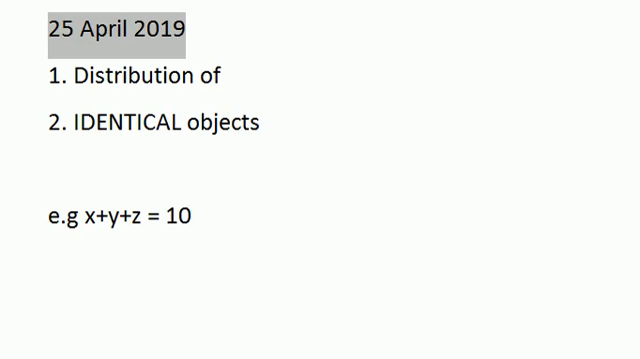Now suppose 10 identical chocolates have to be distributed among 3 children. So if x represents the number of chocolates given to the first child, y and z represent the number of chocolates given to the second and third child. Can we write this problem in the form of an equation x plus y plus z equal to 10? Yes, we can. Now we have one equation and we have 3 unknowns. Therefore the number of solutions are many, but